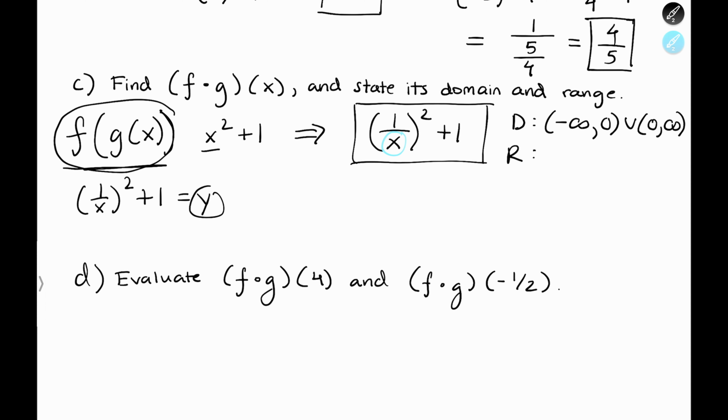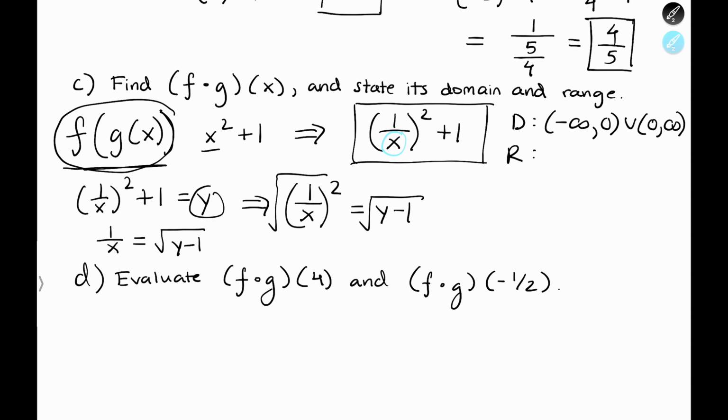the range. So I'm going to start by subtracting 1, and so we're going to get 1 over x squared is equal to y minus 1. Now we're going to take the square root on both sides, so we're going to get 1 over x is equal to the square root of y minus 1. And so, if we were to solve for x itself, then we will multiply x on this side and divide by the square root of y minus 1. And so x will become equal to,